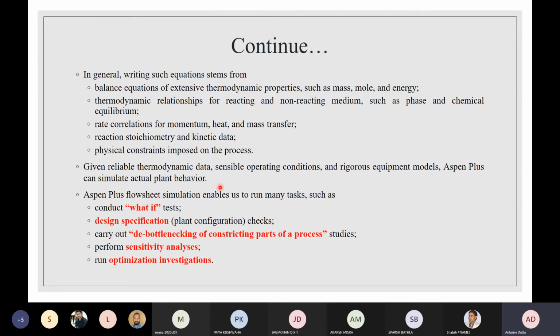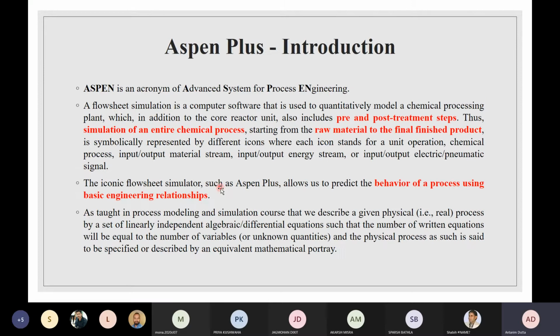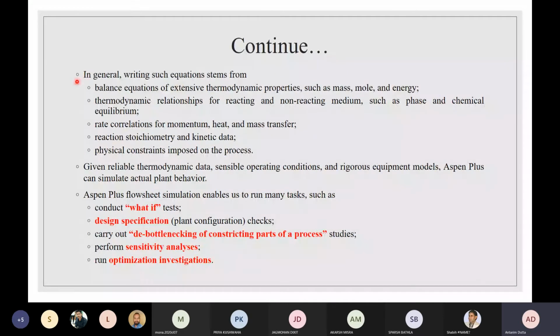I was talking about general basic engineering relationships. So what are those relationships? These are the general relationships which are predefined in Aspen Plus. Whenever you select a block, let us say you are working with a unit operation such as a reactor, for example a CSTR. You have selected a CSTR, and everything is built in, written within the software: the material balance equation, the thermodynamic relationships, and the rate correlations for momentum, heat and mass transfer.